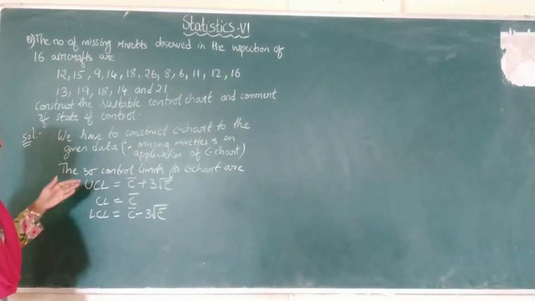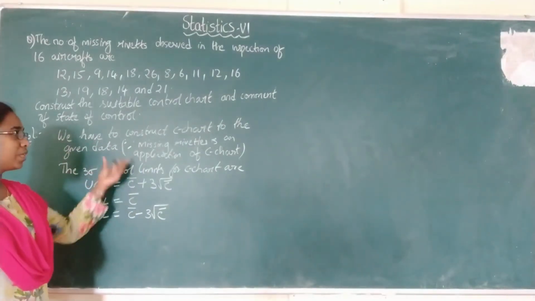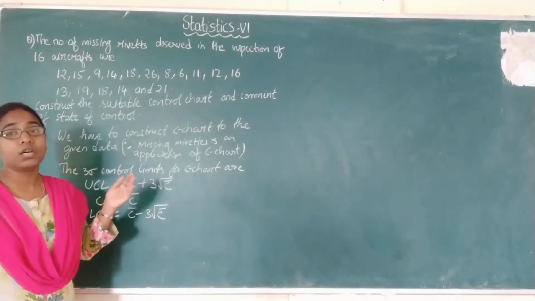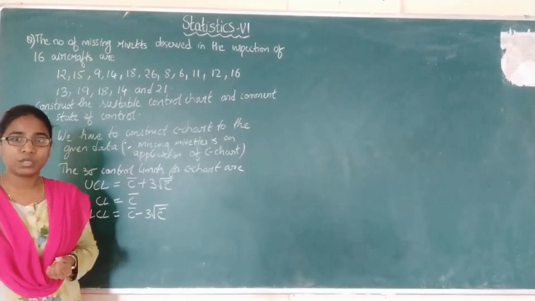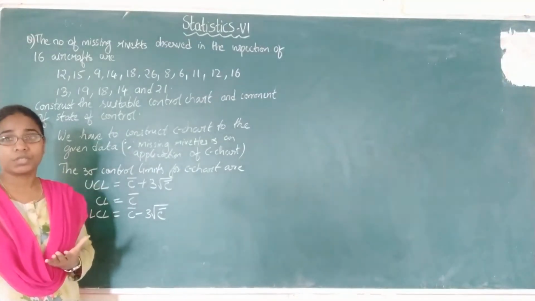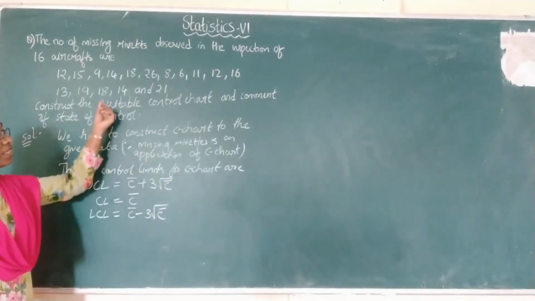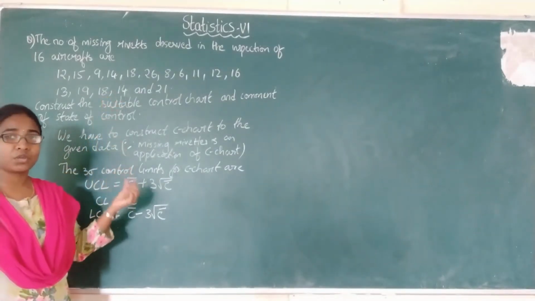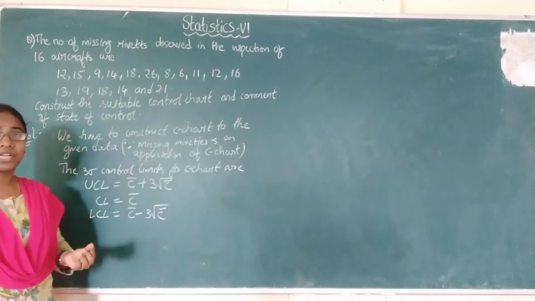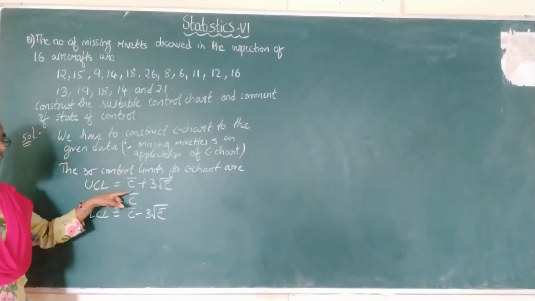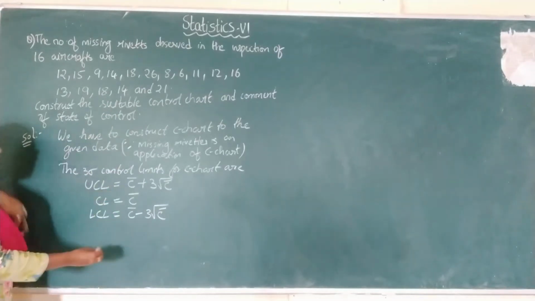Here the standards mean, always remember, the parameter values. Here it follows a Poisson distribution. C chart always follows the Poisson distribution, right? So here the standard is lambda. That means the mean value or the lambda value is not given. So we will be estimating it by using the average of the number of defects, that is C bar. So what is C bar here?